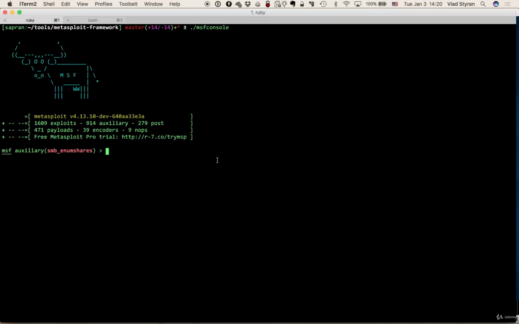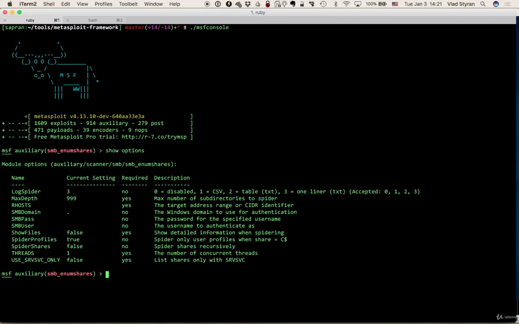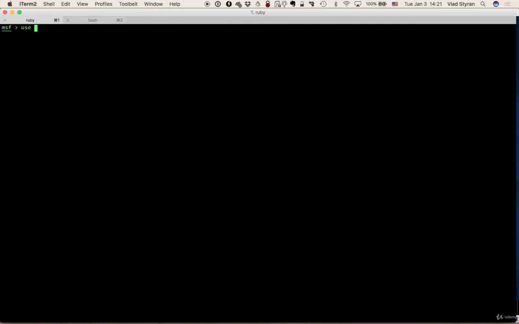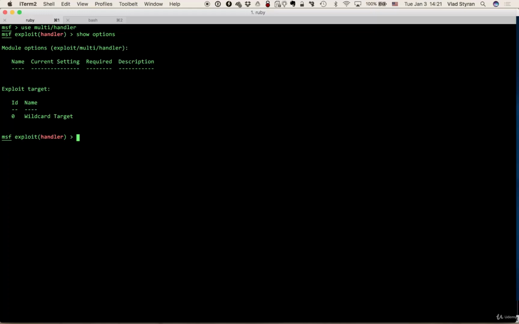Okay, so here we are. We are still in the shares, right? So this is what the save command gives us. We see that some of the options that we set in the previous session are here. So let's go back and use multi-handler, I guess is the right name. It doesn't have many options. We have to put the payload first here, so let's set the payload to Windows